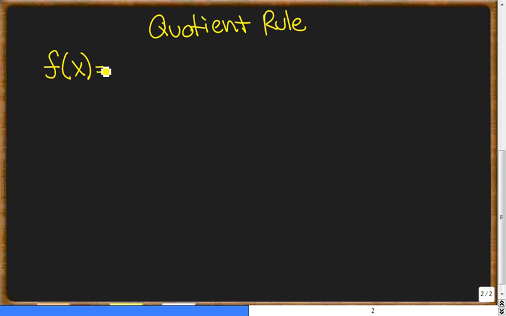Now, the next rule, the quotient rule, derives from the product rule, and it's a little more complex, and it's much more specific as to how you have to do it. So there's a bunch of different mnemonics that people use to memorize it, but I'll show you the one that I found to be the best. So if we know that f of x equals a function g of x divided by a function h of x,